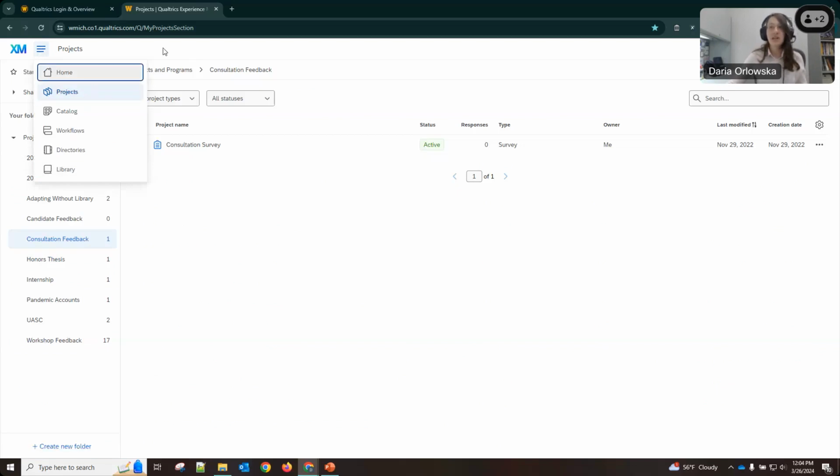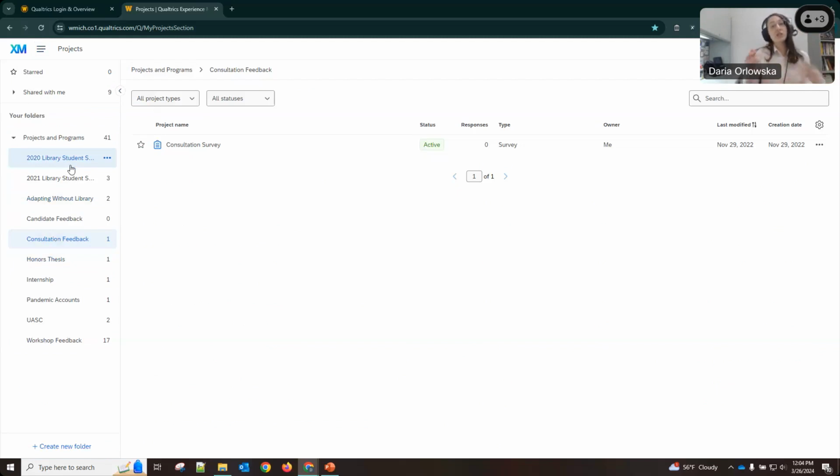Within projects, you will notice here on the left-hand side, I have a set of folders. The first thing that I like to do is create a folder with my project name, just so that I know where to find it. So we can go ahead and do that by creating a new folder down here.